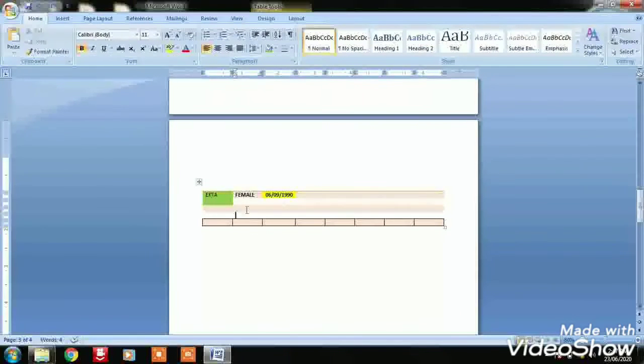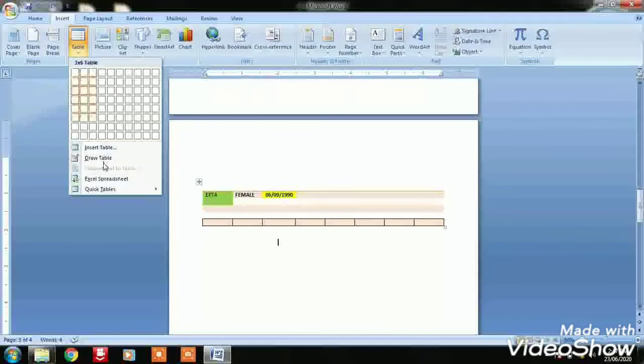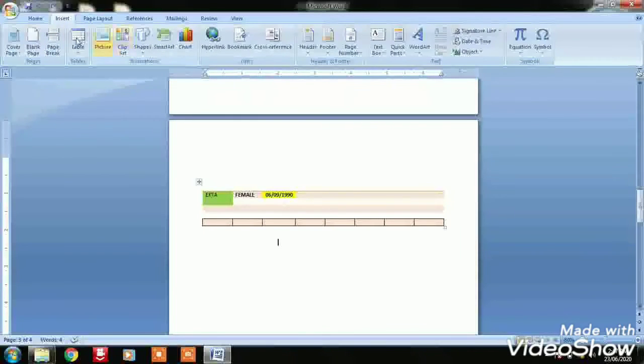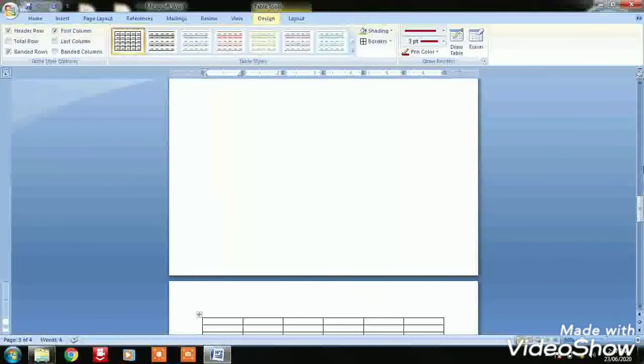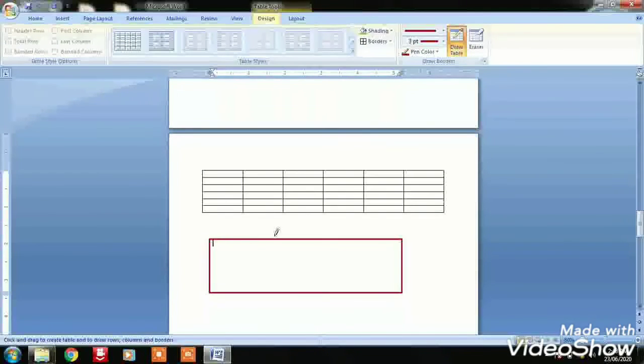Like you are working on this, tabular options are there. Tables we were doing, right? So now if you are inserting a table in front of you, you are getting the options and you can do all these options. Draw a table. Now you have got a pen and you can draw a table. You can see the black border is coming because it is already selected. Color is selected, width is selected, so you can draw a border the way you want. Okay, so like this you can draw a border.